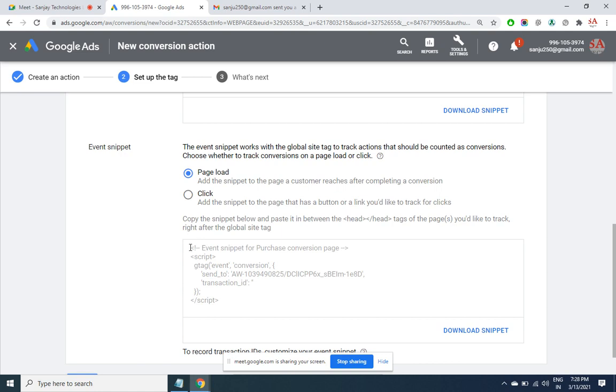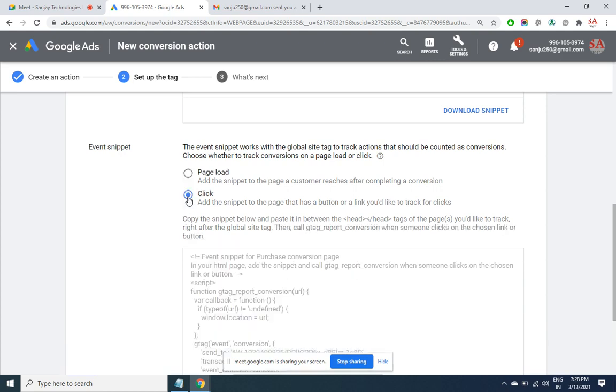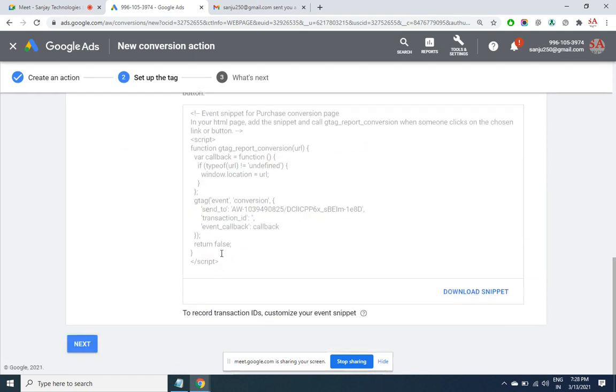If it's a page load, let's say an invoice page, then on the invoice page you can place this code anywhere in the head section. But if it's a click event, that is a button press, and you have even basic knowledge of coding in HTML, you'll be able to see the button press. In that button press there will be an opening and closing flower bracket. Between those, you can place this code anywhere. That's it. This is how we set the conversion code. And once all this is set, then CPA bidding will be eligible.